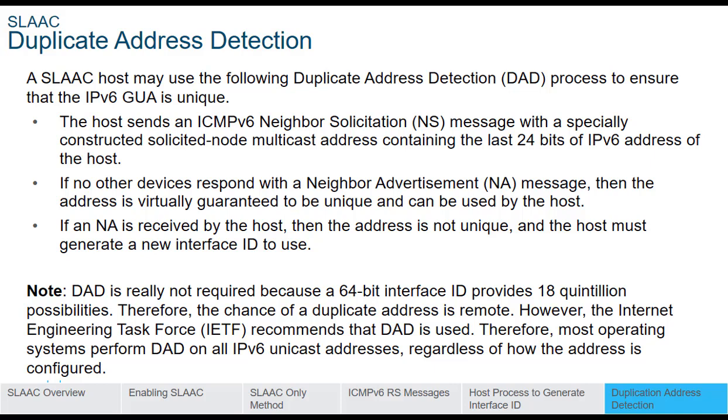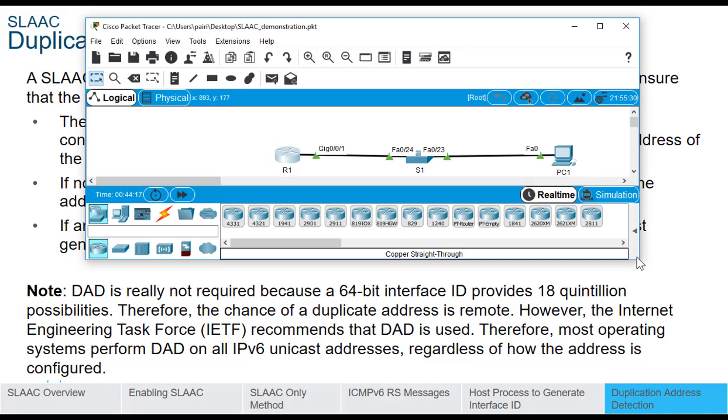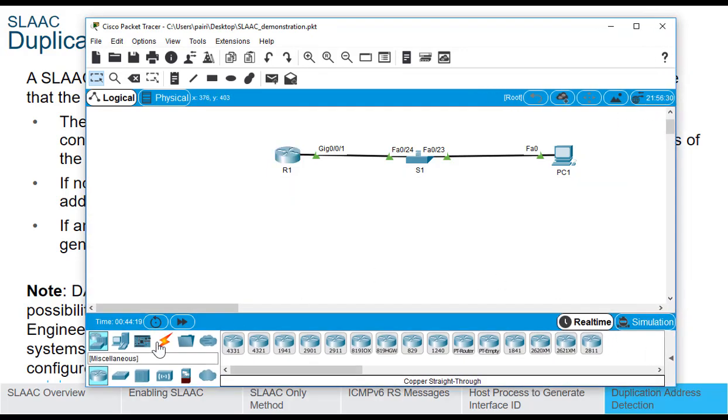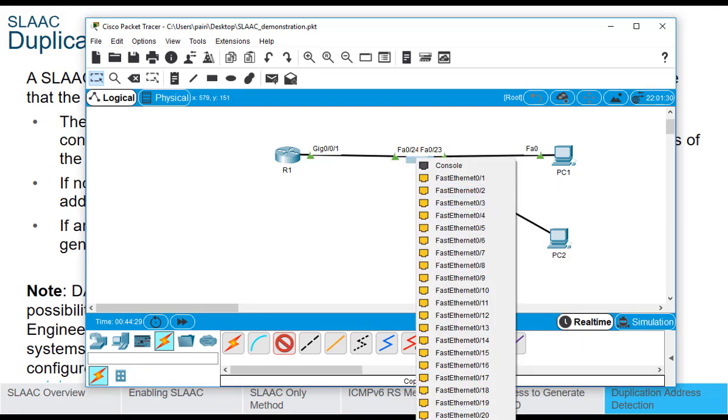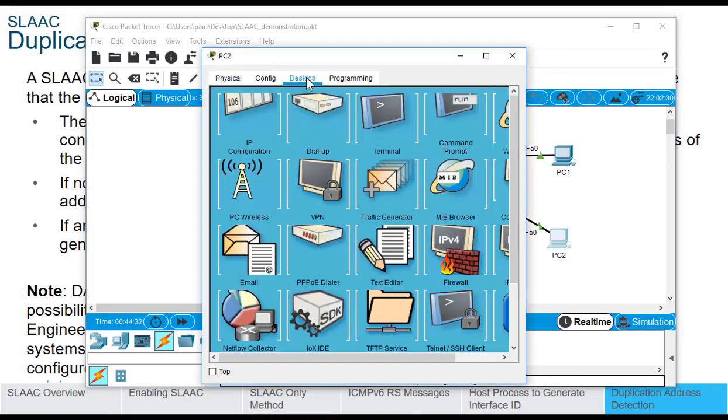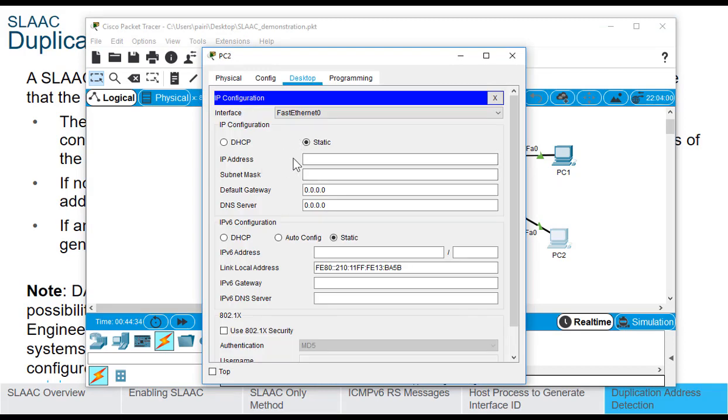duplicate address detection. Well, this question could have popped up in your mind. What if I added another device? Let's add another device, PC2. Edit to port 22. If I go to desktop, IP address configuration, let's go IPv6 static again. Notice link local automatically created, auto config. It's going to solicit now. It's requesting router